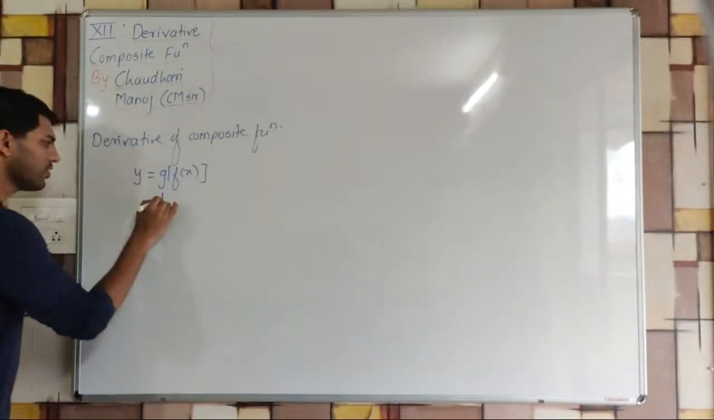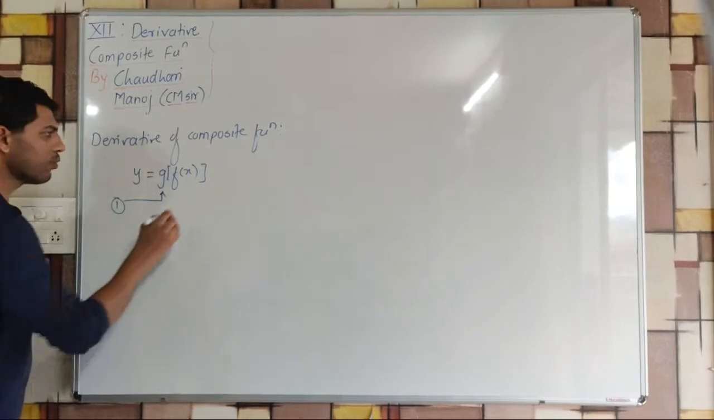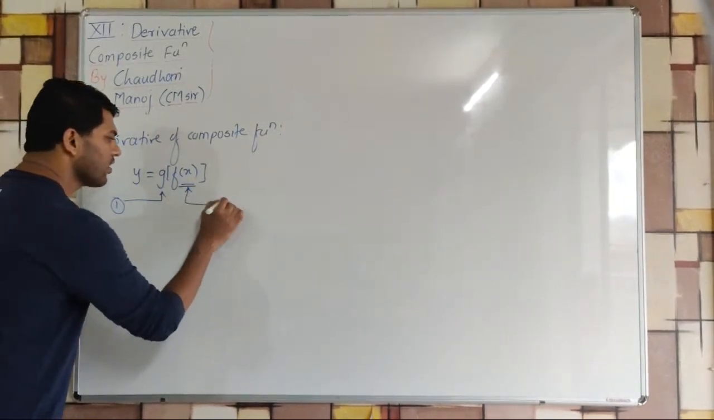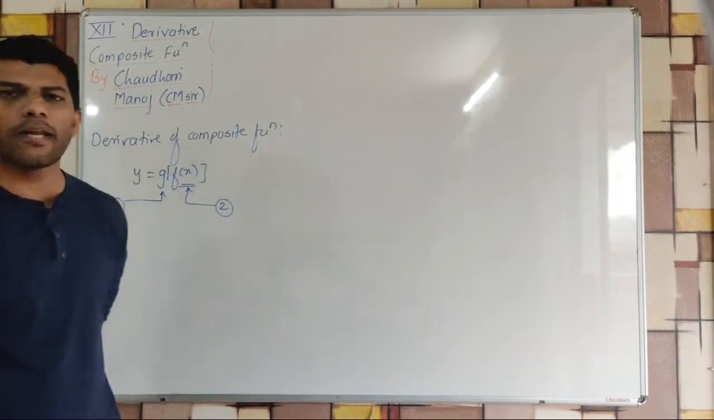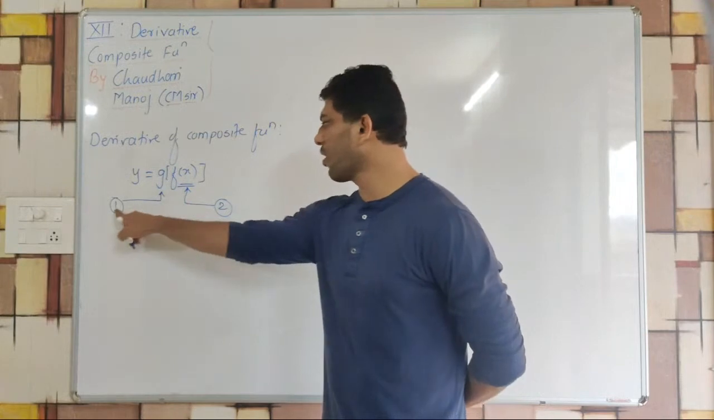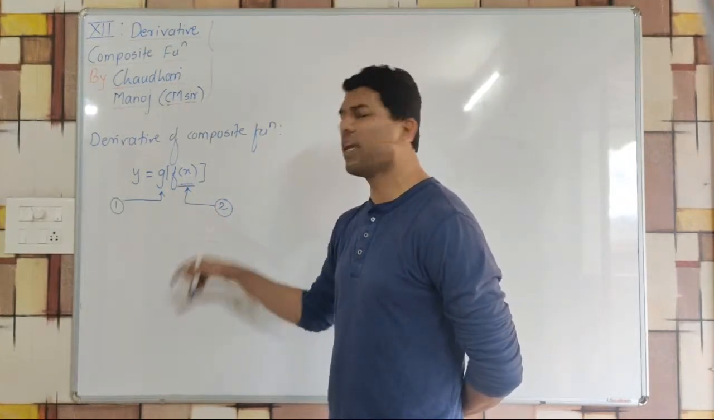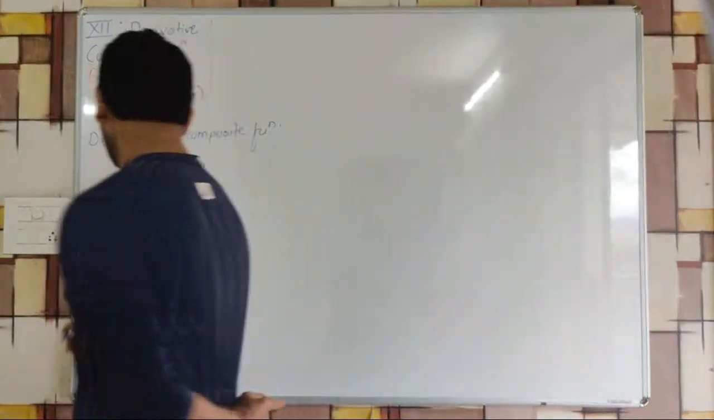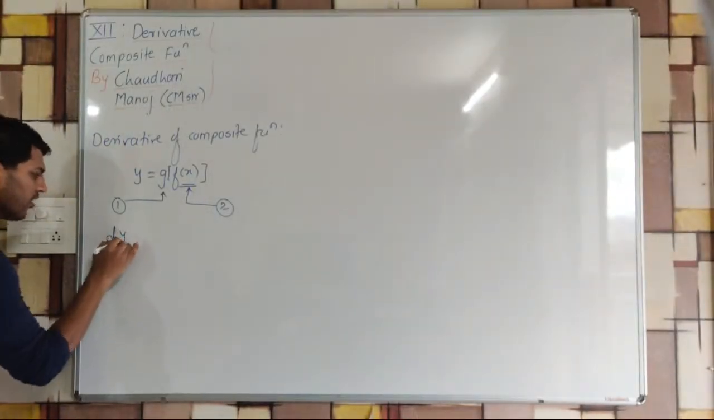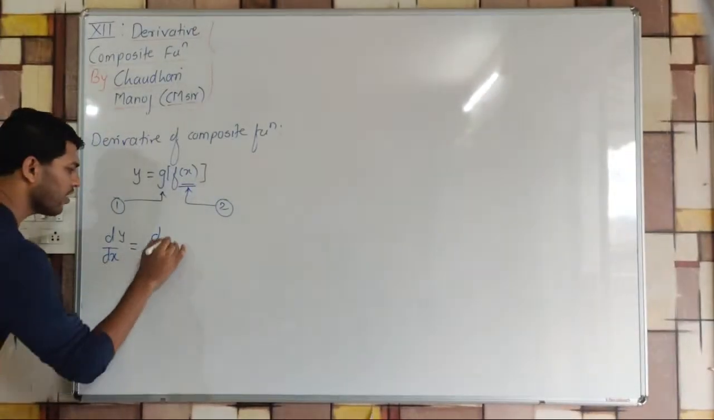I am assuming this g is the original function, so assign it as 1. Then this f of x is the second function, which is always a replacement for the x. So the original function is g of x, and this f of x is the replacement for x, so I am assuming it as 2. So while differentiating y with respect to x, it means differentiating this g